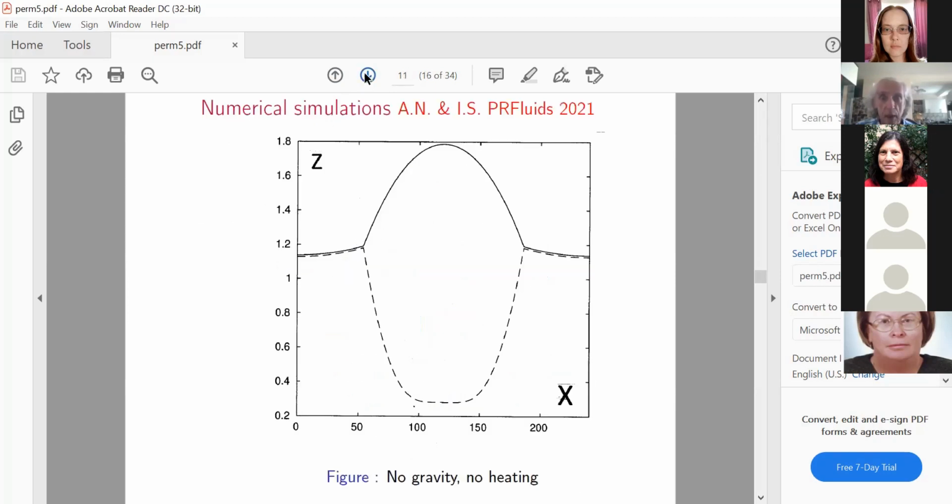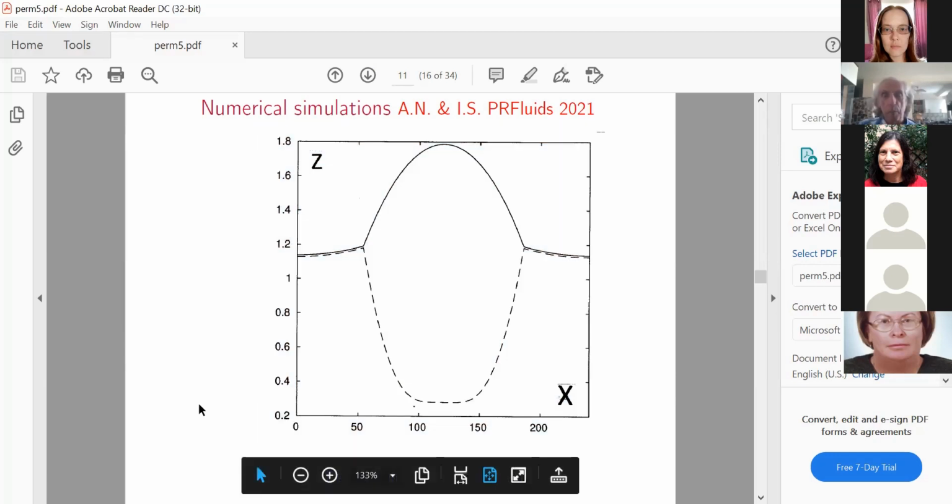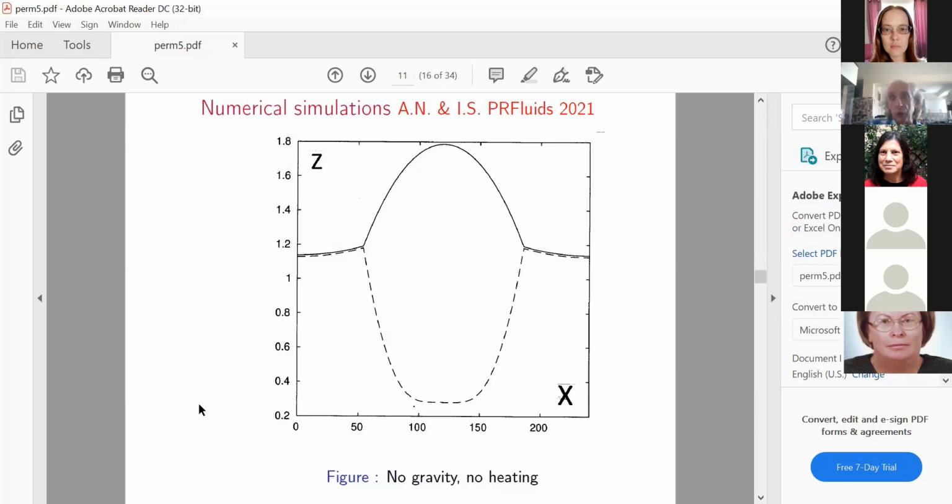It is just the balance of stresses. Here is numerics, where we take some initial conditions, which are a Gaussian shape, and it itself becomes a paraboloid. Here it is not completely finished below because it is very slow when the substrate is thin. So that's what happens in the case when there is no heat.